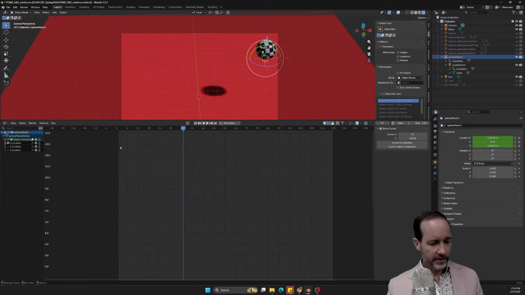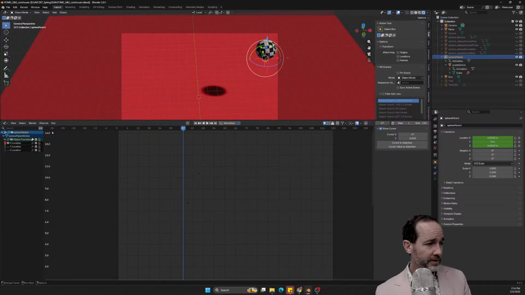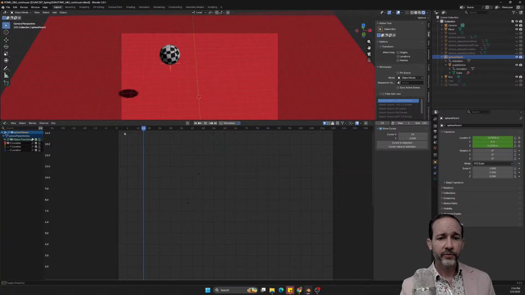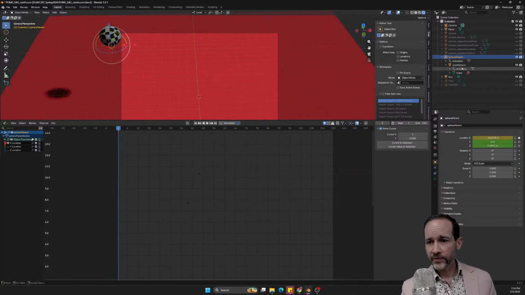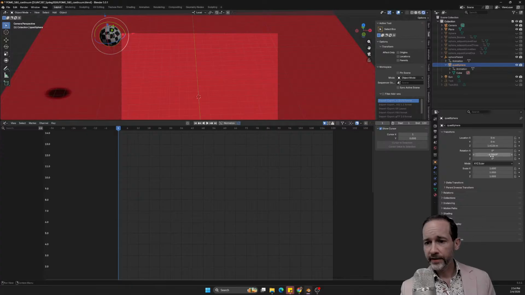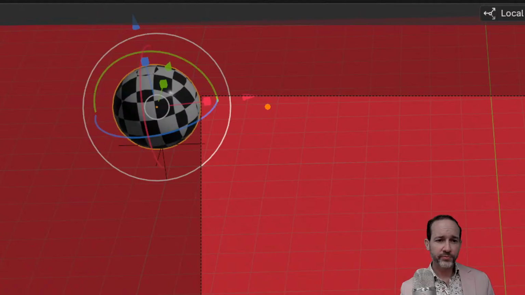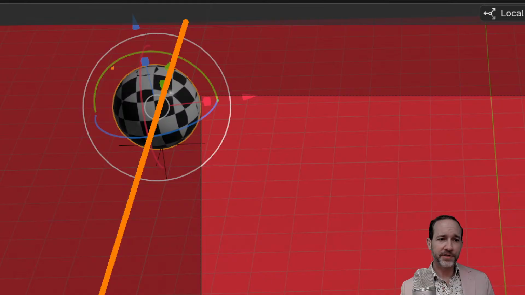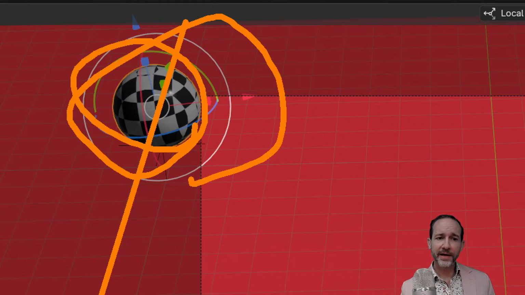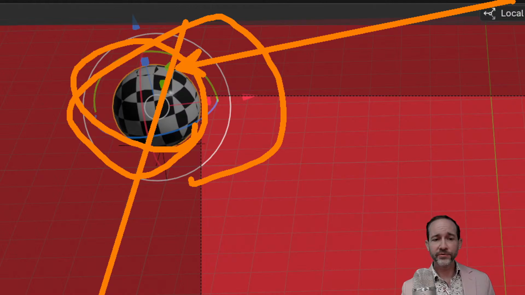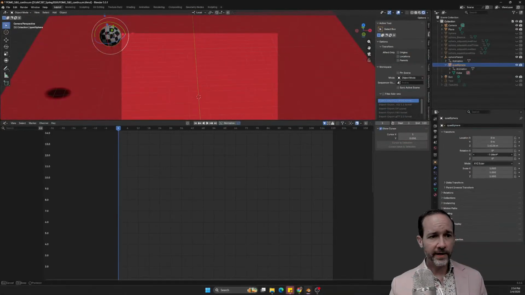Cool. Okay, so we got a pretty good block out there for the position. We can move forward from that. Everybody still with me there on the live stream? Okay, that's good. So now we want that independent rolling. And so let's come down to the ball, and it needs to be rolling this way. And so when you think about which rotation do I need, you can think about this like a pin going through the object. And if we're rotating around that pin, that's the axis we need to rotate, which in this case should be the Y, right?